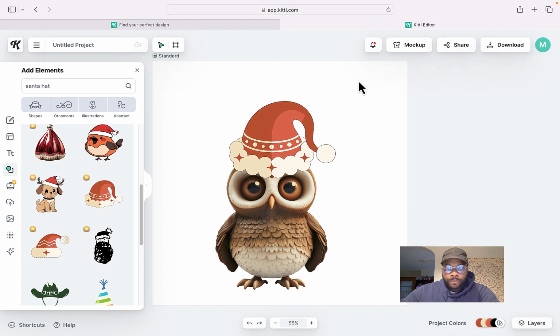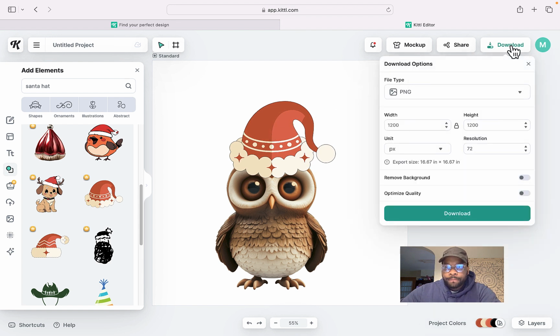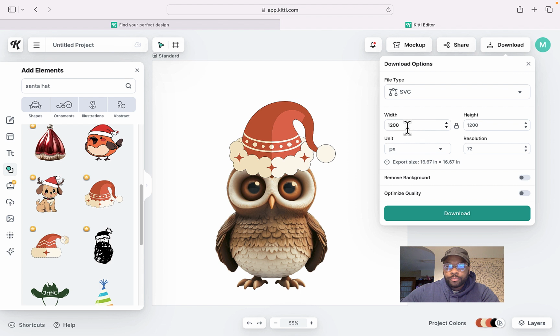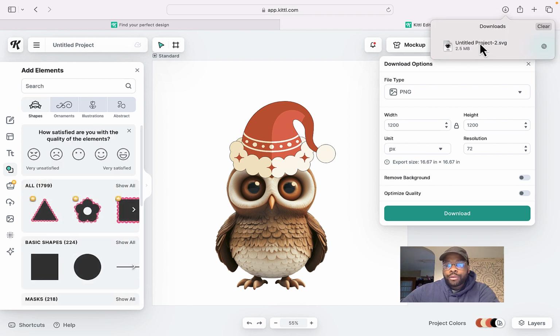Okay. Go up here to download. Now you want to choose the file type. We need an SVG for what we're doing. Choose SVG, and then you can leave everything how it is. Click download. It'll go up top here. You'll see it has the Inkscape logo on it. I think that's, yeah, Inkscape logo. So what we'll do now is double click this, and it's going to automatically take us over to Inkscape and open this,